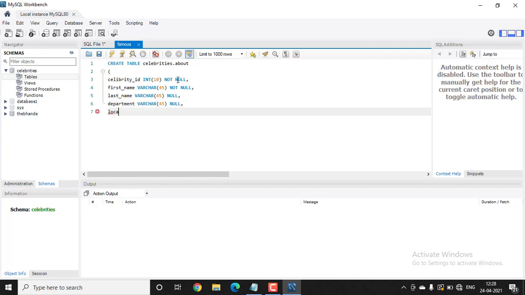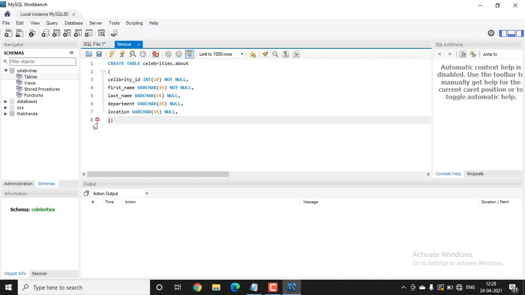Then next one is location, varchar 45, and this can also be null. Then close the bracket and put a semicolon.